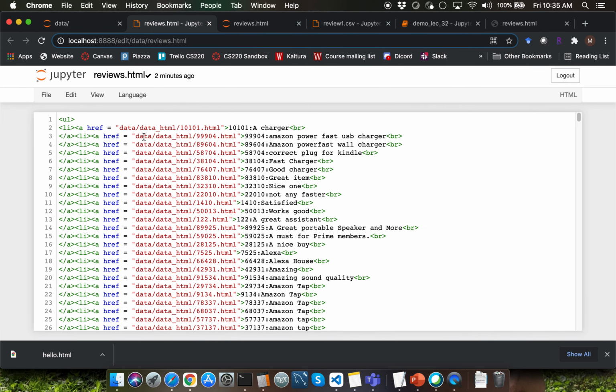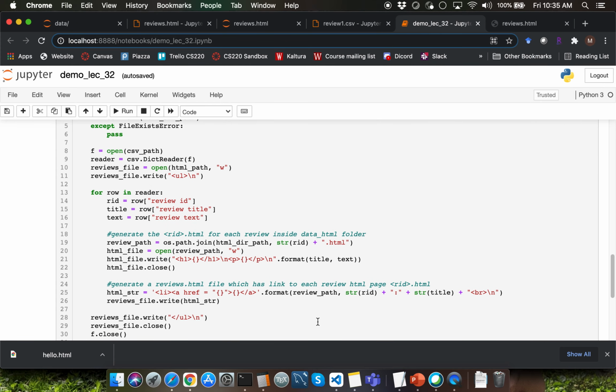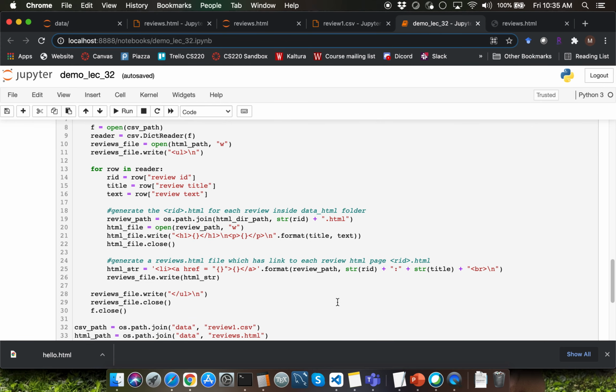So my relative path here is saying data/data_html. Instead of that, it should say data_html and the file name over here. I'm going to go ahead and fix that by changing the variable that we use for the first argument within line number 25's format function call.